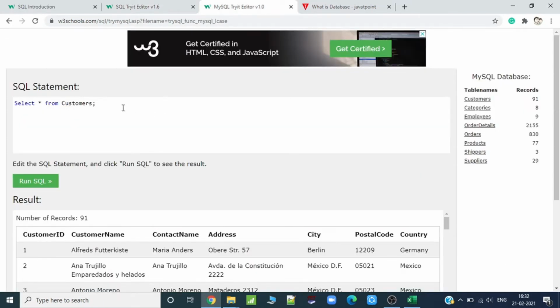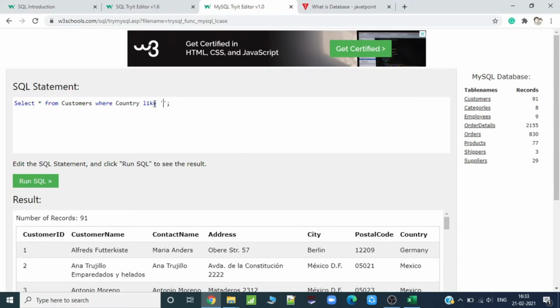Now we will start with the WHERE condition and see different types of attributes in the LIKE function. Again, if we run select star from customers, we have all the 91 records. But now I want all the records where the country name starts with G, or let's say starts with B. So where country LIKE. We use the LIKE operator if we don't know the full value. If I would say country name equals Germany, then I will use equals. But now I am saying all the countries starting with G, then I will use the LIKE operator.